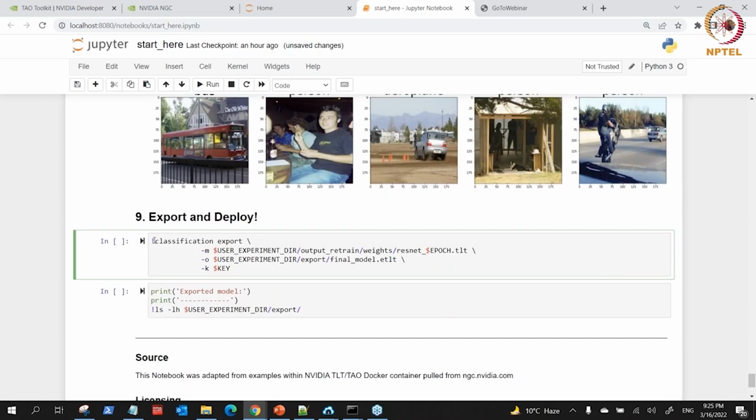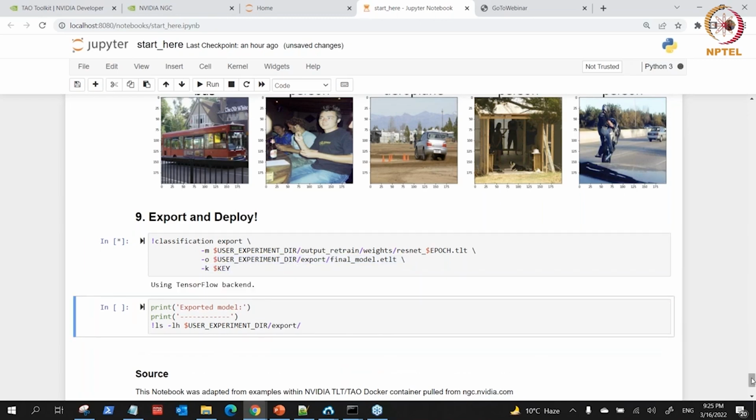So how do you export your model? You have the flag here, which is classification, then the keyword export. Export which model? Where's the path of the model? This is where the model is saved, the path. And where do you want to export it? Which folder? This is the path of the folder here. There's a folder that we call export here. Then you need the key also to do that. So we just run this, and then we will have